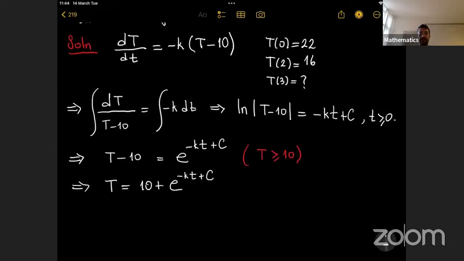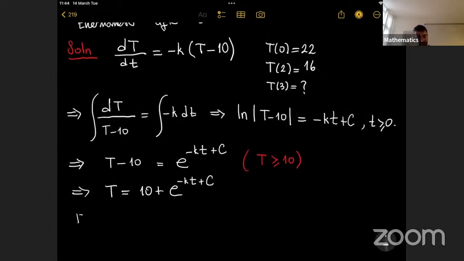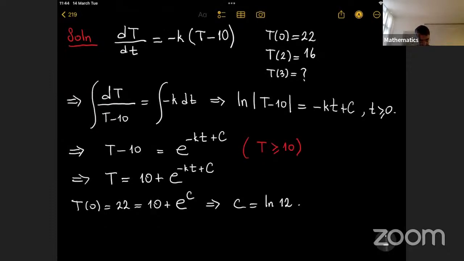Okay, well, let's find out k and c here. T0 is 22. At the same time it is 10 plus e to the 0 plus c, which is e to the c. So c is here ln 12. Okay. Well, let's find out k. When t is equal to 2, it is 16, and this is 10 plus